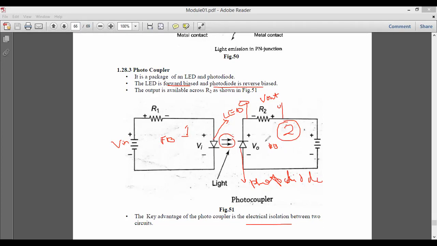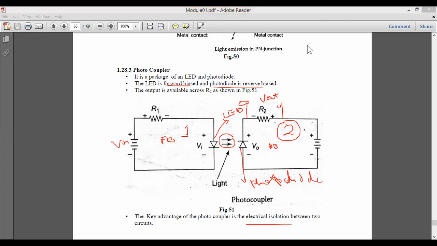Circuit 2 will come under electrical isolation, because based on the quantity of light falling on the photodiode, the output voltage will be obtained for different intensities of light. So we may provide some kind of isolation by making use of such circuitry, that is nothing but photocouplers.